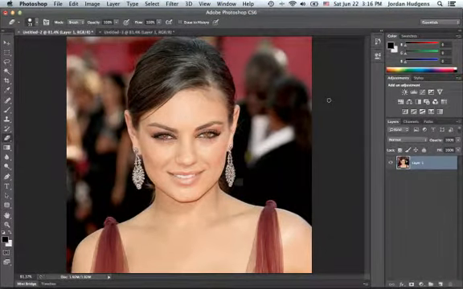In this Photoshop tutorial, we're going to go over how to remove the red eye from an image in Photoshop. There are a number of different tools you could use. I'm going to teach you how to use a combination of the brush and the stamp tools. I have the image open right here, and you can see the red eye is very bad in this one. The very first thing you're going to want to do is zoom in,